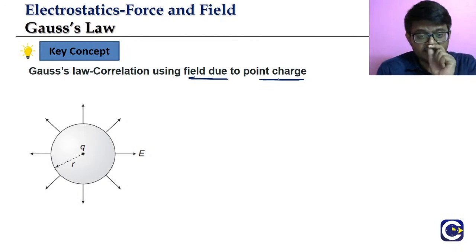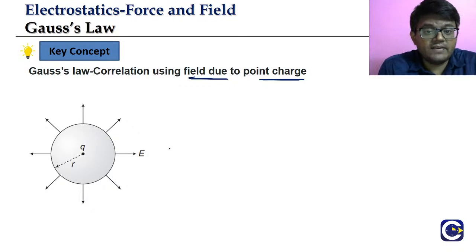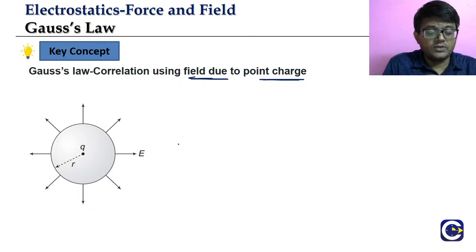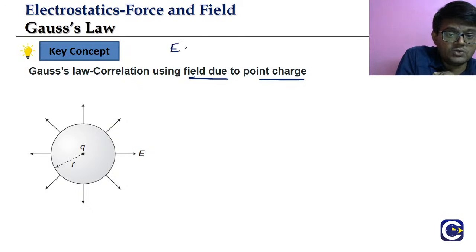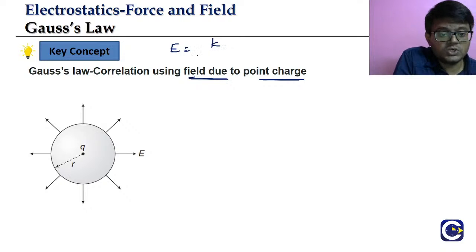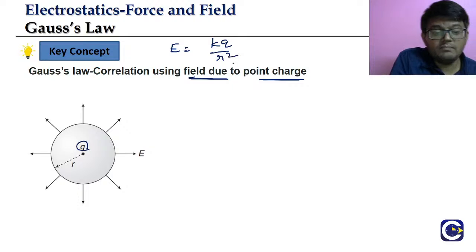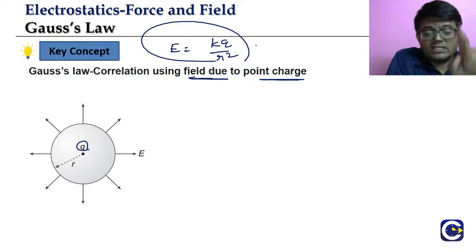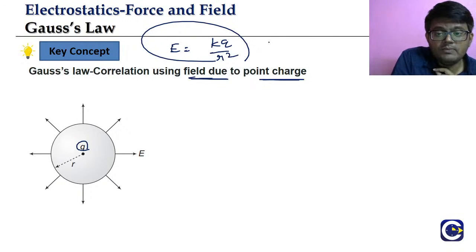Take a point charge. Because of a point charge, what is the electric field developed? We already know that concept. What is the electric field due to the point charge at a distance r? What is the magnitude of the electric field? It will be, if the charge q is positive, kq by r square. What about the direction? If the charge is positive, the direction will be